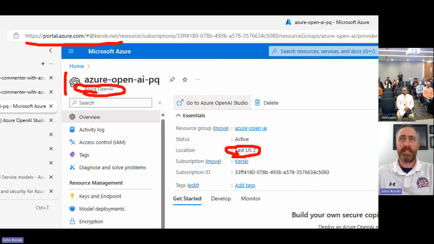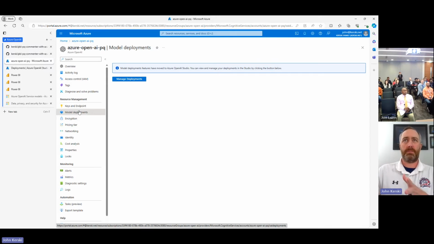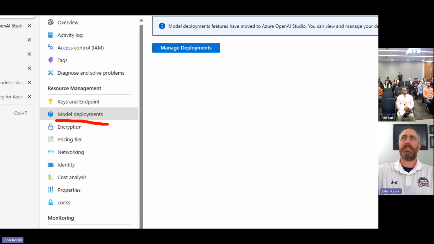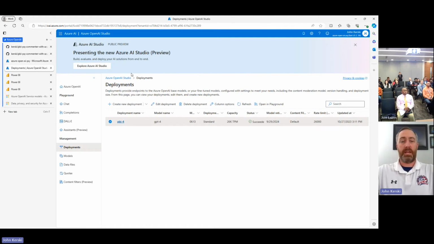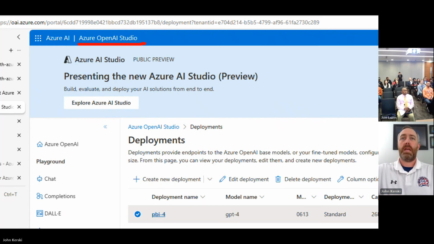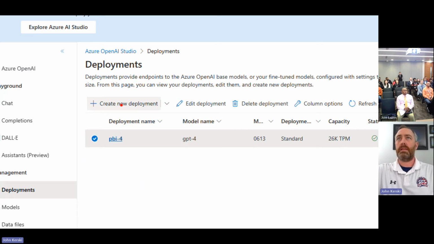Now, when you create this, it doesn't automatically create ChatGPT or a service for you. It gives you basically a container to set up multiple models. And those models are under something called model deployments. Now, what's weird about Azure OpenAI is once you click on model deployments, you got to click on manage deployments. I don't know why you got to go to another screen. But when you click on that, it's going to take you to Azure OpenAI Studio up here. And you're going to see an ability to create a new deployment or edit existing deployments. And if you click on create new deployment,